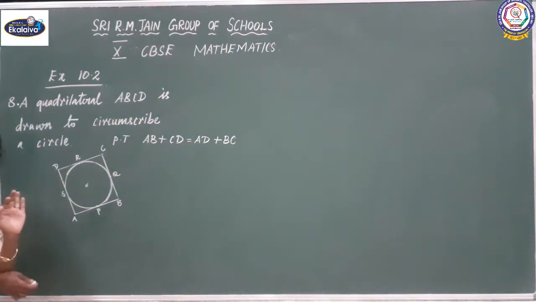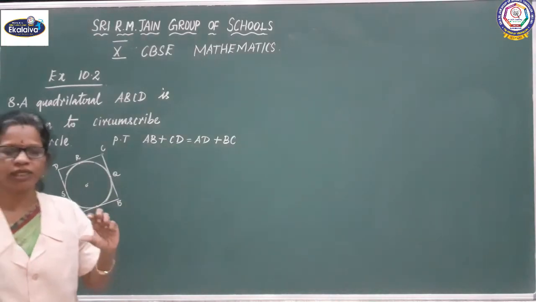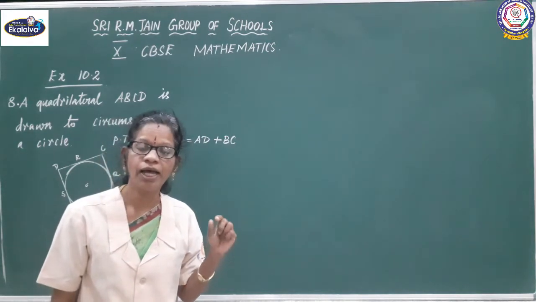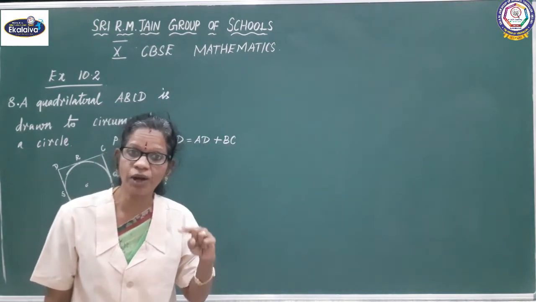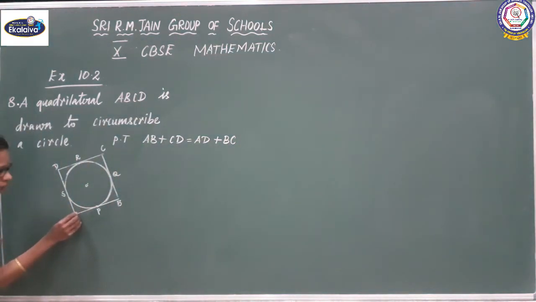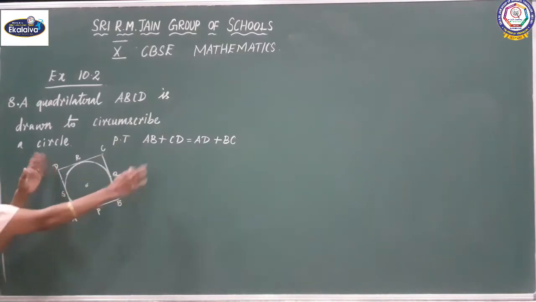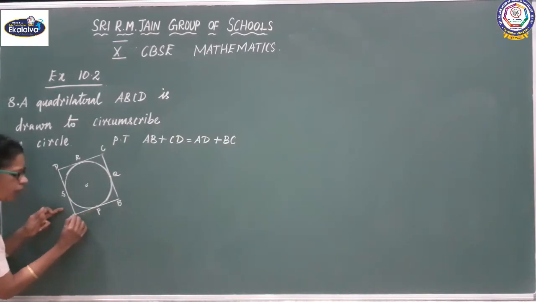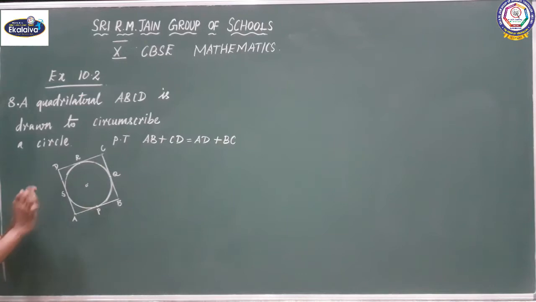First, what is the tangent theorem? You know, the length of the tangent drawn from an external point are equal. That concept you learned, right? So, A is an external point. Forget about the other points and all. You have to concentrate only on A. A is an external point. That means AP and AS are two tangents of this circle. What I said, the length of the tangent drawn from an external point to a circle are equal.